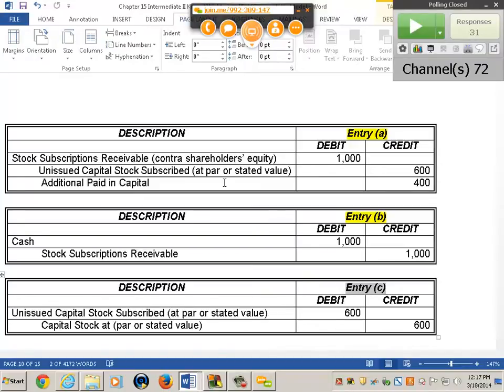Nothing would change in the entries. The balance sheet would simply take the subscriptions receivable out of stockholders' equity and reclassify it as an asset. It's a reclass. It does not change any of the debits and credits, but the category. So what you see here, the account, the stock subscriptions receivable, which is considered negative equity, contra equity, if that happened to be collected during the post-balance sheet period, that would mean that you would have to just call it an asset rather than negative equity. You realize, of course, the cash is not in, for example,